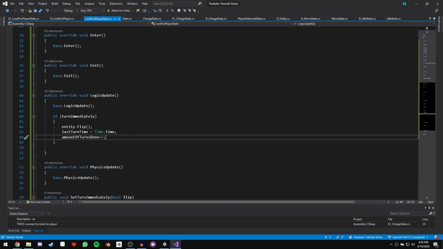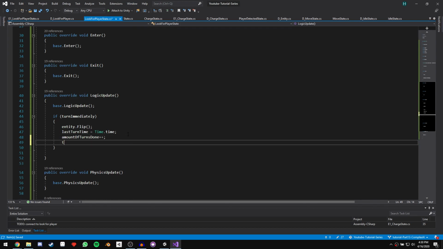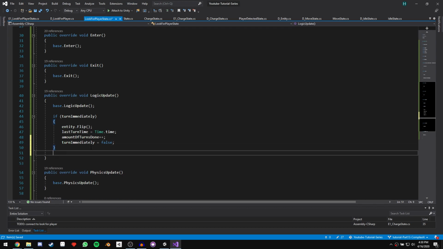Okay. And then back in if turn immediately, we want to say amount of turns done plus plus, because we did a turn. And then we want to set turn immediately equal to false. Otherwise, we're just going to keep coming back into this if statement. After this, we want to say else if, and in the if statement, we'll say if time.time is greater than